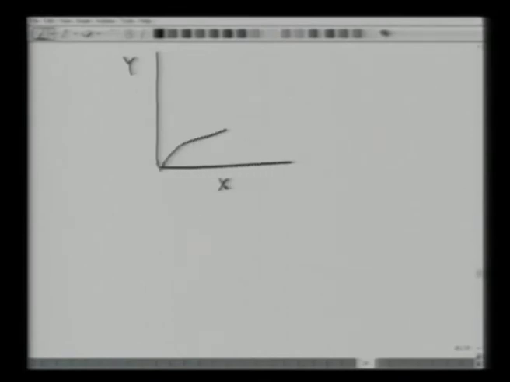Okay, so this is, let's say, our equilibrium curve, and let us not worry whether we are discussing absorption or adsorption or liquid extractions. We have been given this equilibrium curve at one pressure, constant pressure and constant temperature. So the equilibrium curve says that given x, this would be y in one phase. Suppose we have a liquid, then this will be the concentration in the gas phase under equilibrium.